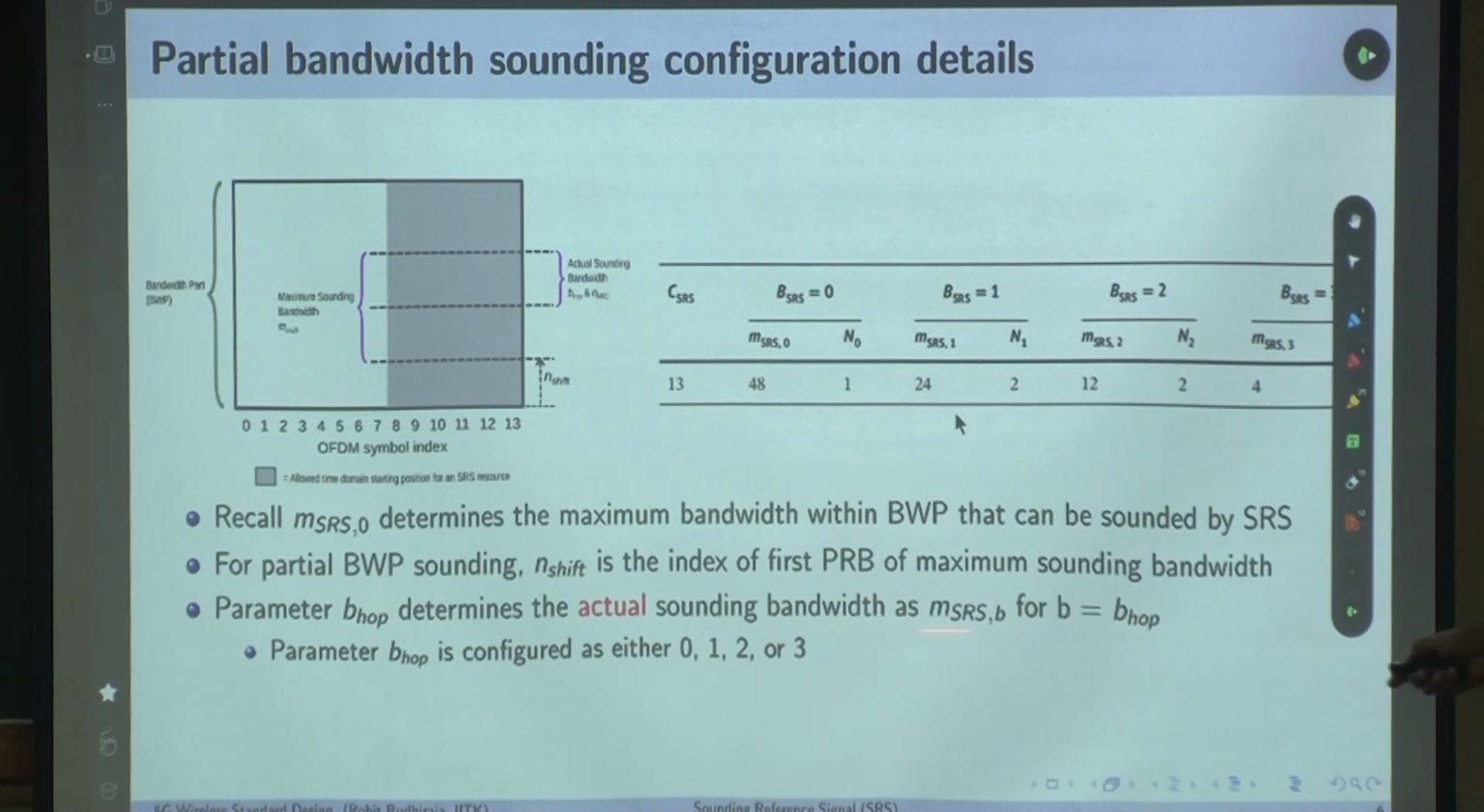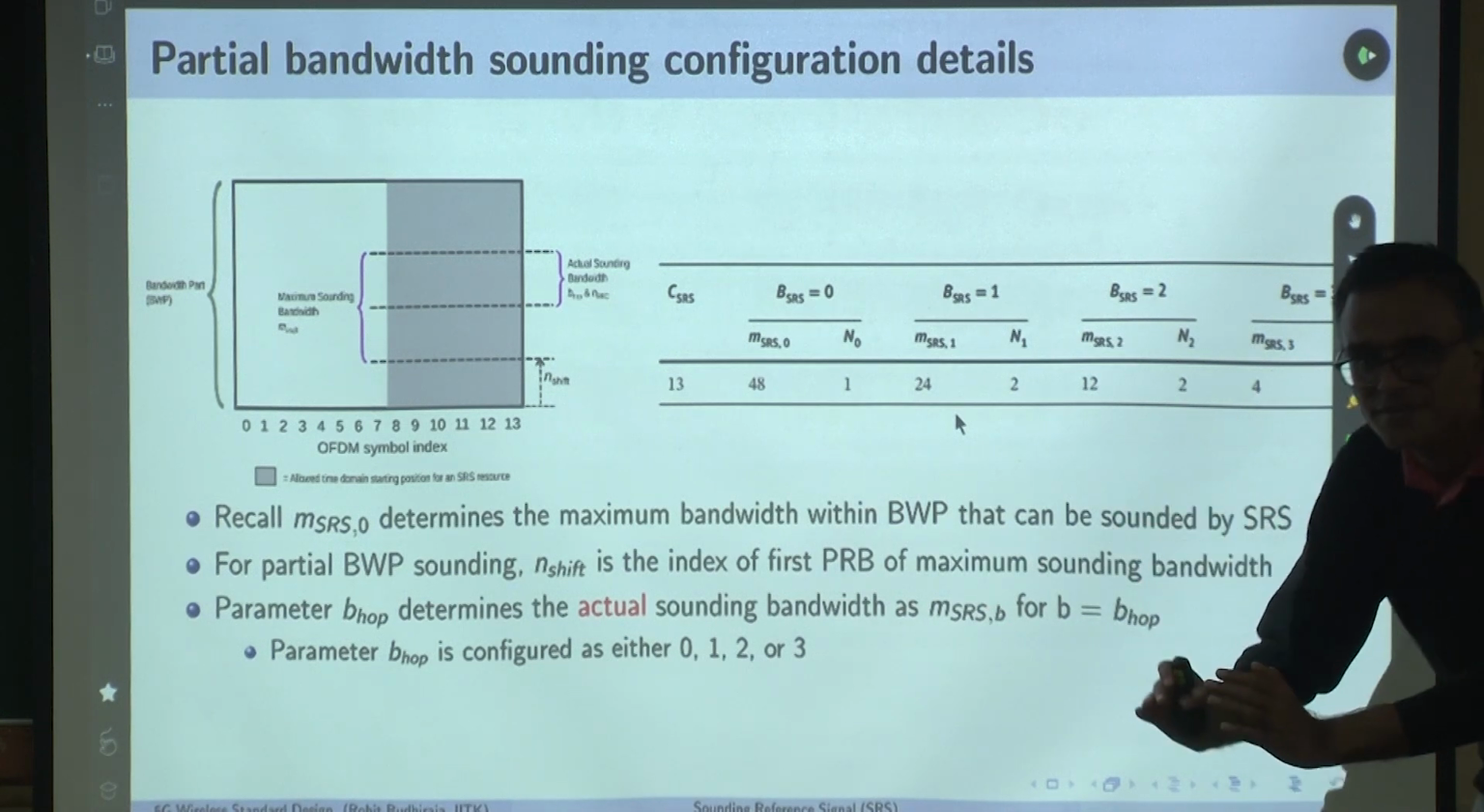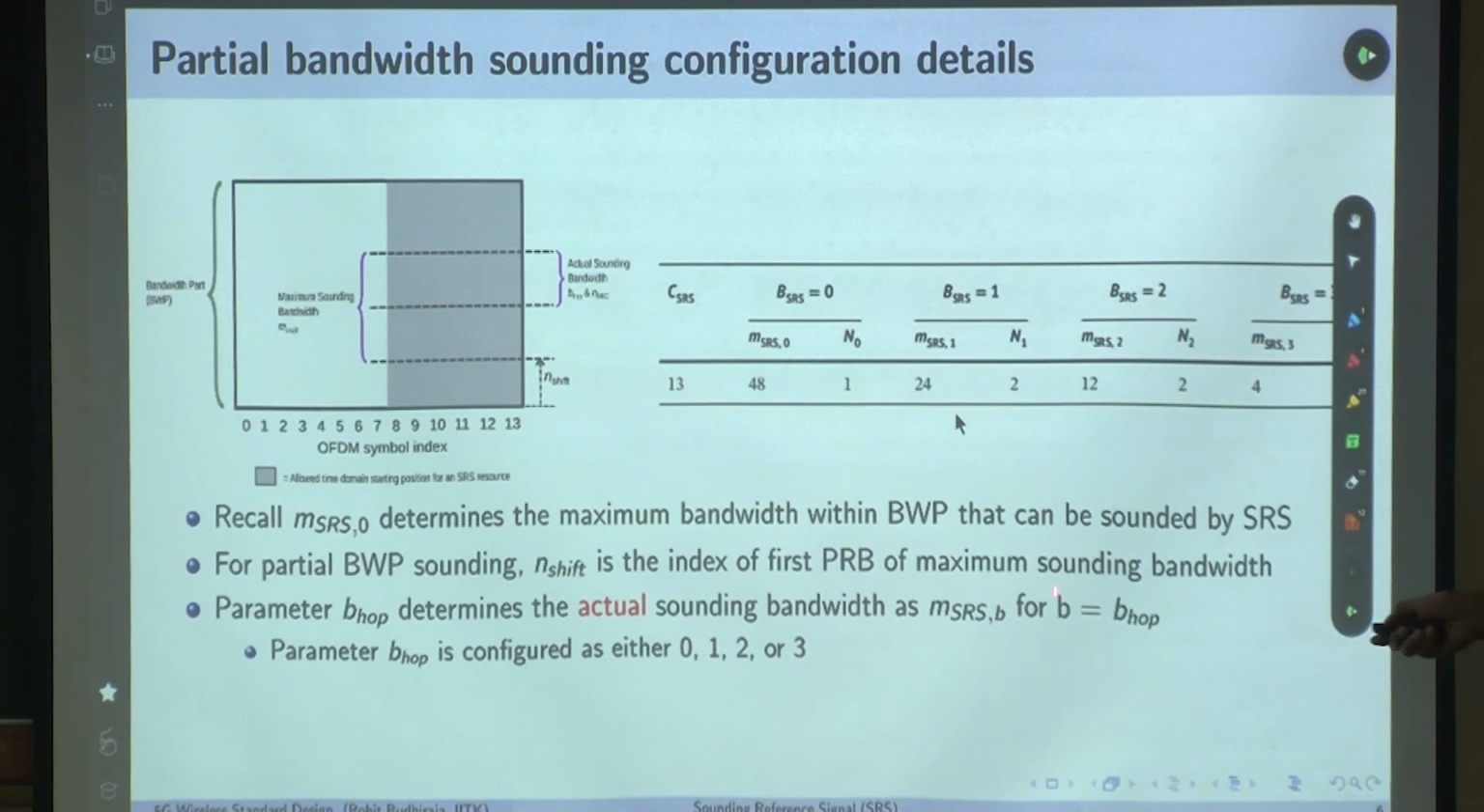So if I set B hop as 0, what will happen here? My actual sounding bandwidth, what will it become? MSRS 0. There will not be any hopping because actual sounding bandwidth is same as maximum sounding bandwidth. So you have to be careful in reading this. That's how the standard is, more about reading carefully. So if B is equal to B hop is 0, your actual sounding bandwidth is equal to the